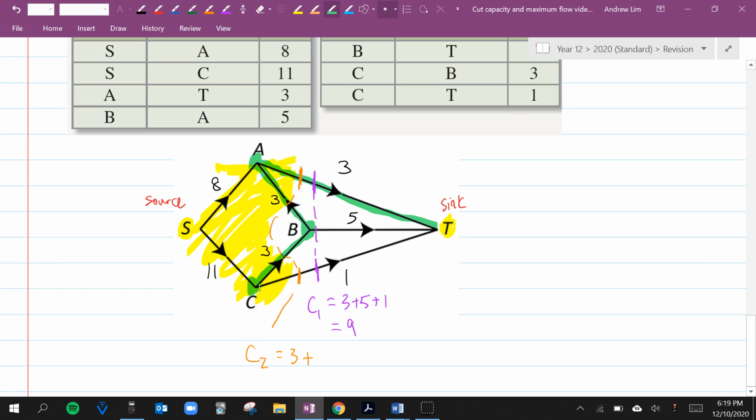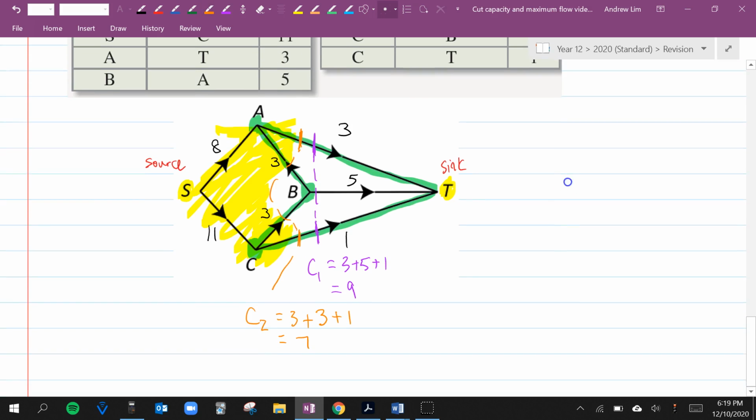Okay, so I need to add that, and that's 3. And it goes through this edge, that orange cut goes through that edge, and the start of that edge is also this one, which is also highlighted, so I need to add that 1. And we can see here, 3 plus 3 plus 1 is 7, and that's probably the smallest cut, the minimum